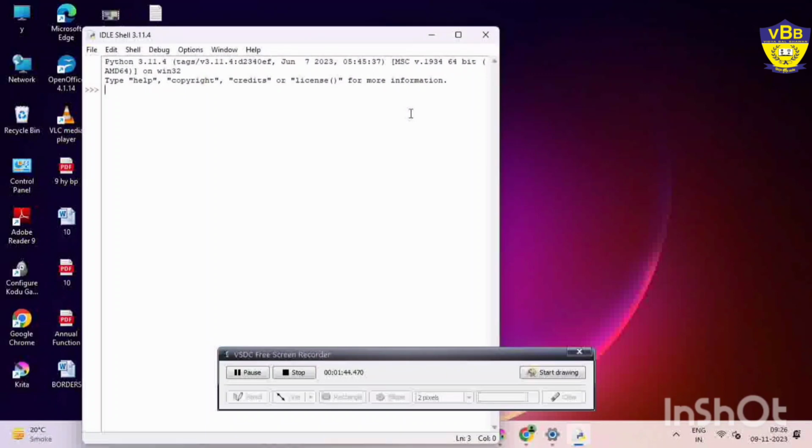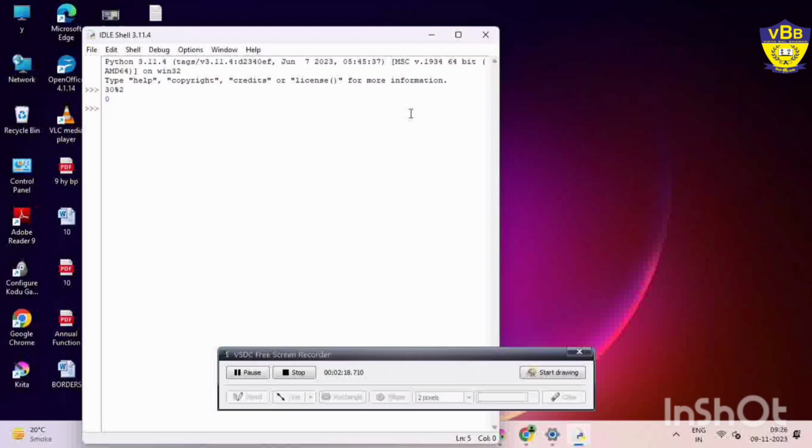What do you mean by modulus? It returns the remainder by dividing the left side operand by the right side operand. So if I apply 30 mod 2, what will I get? That is 0. Why? Because 30 is divisible by 2. The value of the quotient is 15 and the value of the remainder is 0. That's why we call it the modulus operator. It is used to find the remainder.